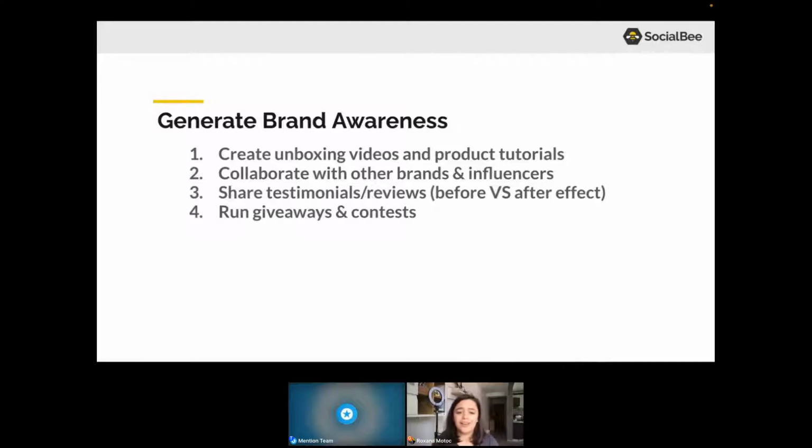Then you can also rely on giveaways and contests. I know everyone is using them right now, and it may seem like an overused initiative, but trust me, you can generate brand awareness. Because if you were to do the math here, it's simple. You launch the giveaway, you have some conditions for people to join and to be considered for a chance to win, such as posting your post on their stories, tagging someone in the comments, and just think, if you have